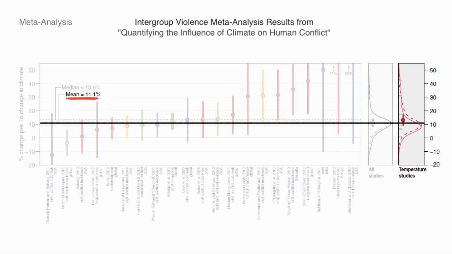Almost all the climate models predict temperature is going to increase 2 or 3 degrees Celsius at least, whereas the effects on, say, rainfall patterns are much less certain. In some places, rainfall will increase, in some it'll decrease, in some there'll be more variability. So in thinking about the future, temperature is really natural to focus on. So we did the same thing for the temperature studies, and here we get slightly larger effects, also significantly different than 0.